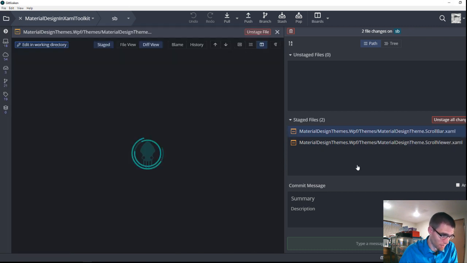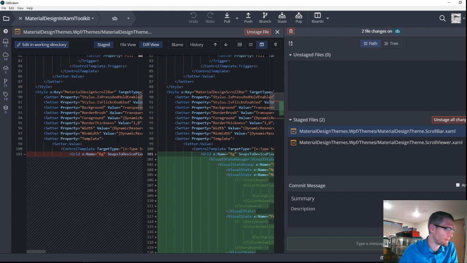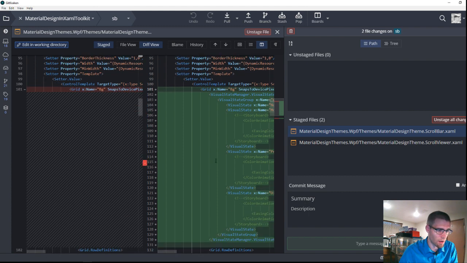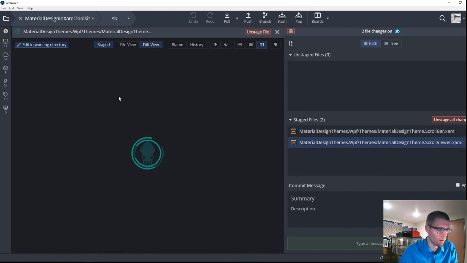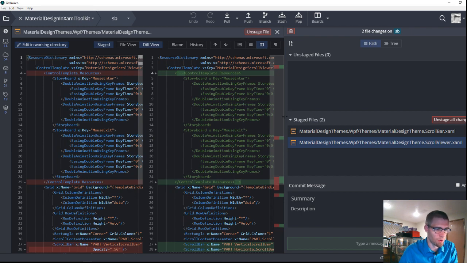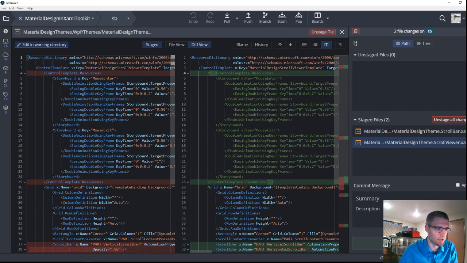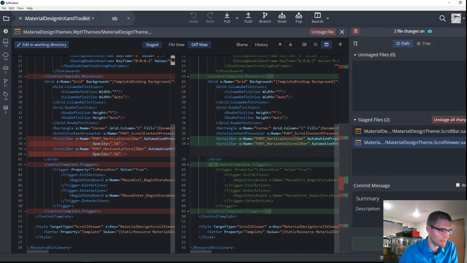I just want to refresh my memory of where I had left off, because I had looked at this pull request earlier and had started down this path of being able to work with it. I had started pulling in the Visual State Manager on the scroll bar. For those who watched the last video, ultimately that's what we're going to use to do the lightening and darkening. One of the issues that I did notice right away is that the current lightening and darkening was coming from the scroll viewer, not necessarily the scroll bar itself,